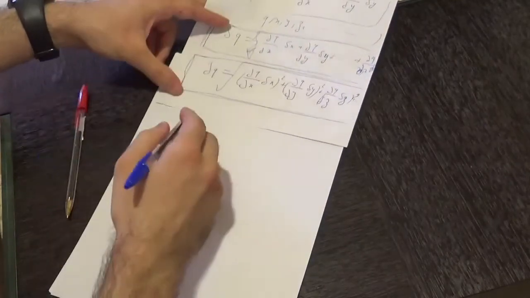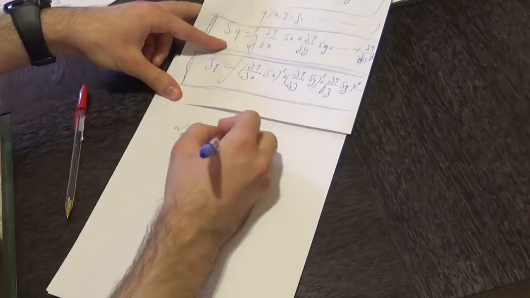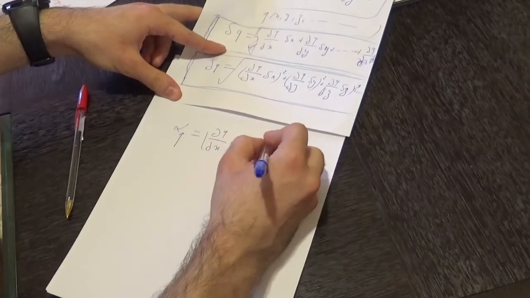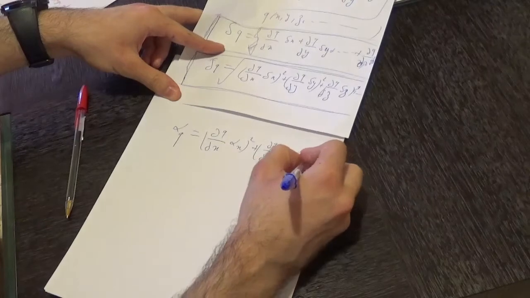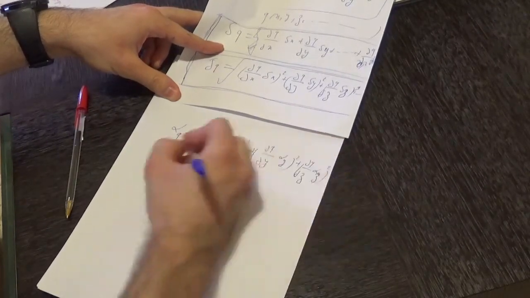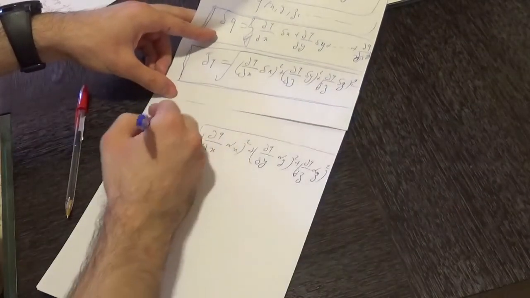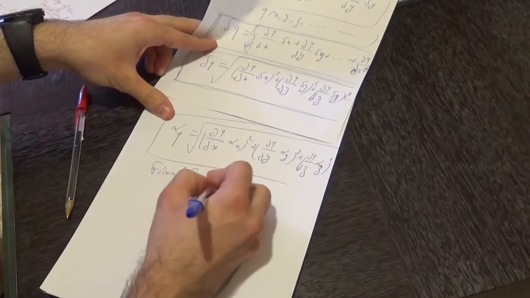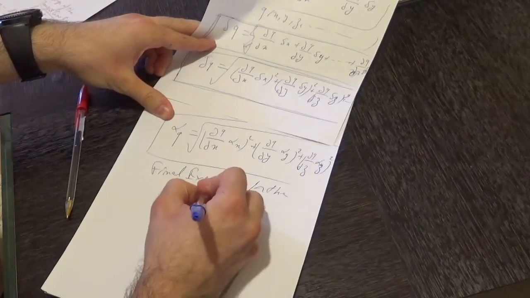So instead of having delta q over here, we are going to have alpha q equal to the square root of dq over dx multiplied by the error on x squared plus dq over dy multiplied by the error on y squared plus dq over dz multiplied by the error on z squared, so on and so forth if you have many other number of variables. And that would be the final expression for the propagation